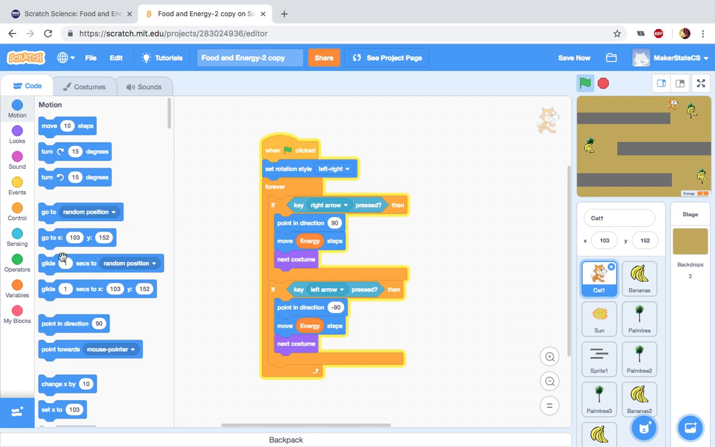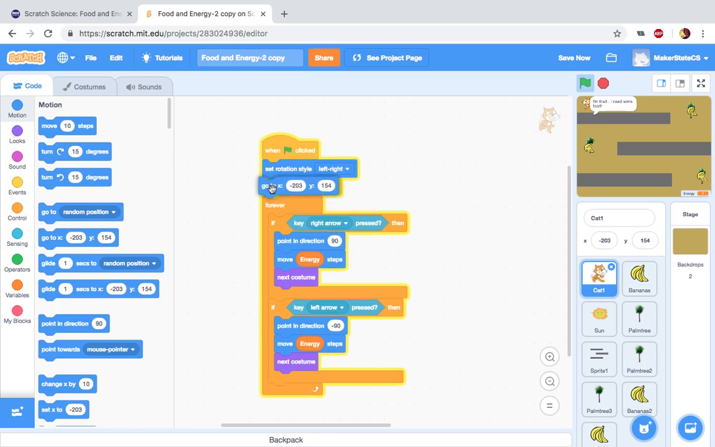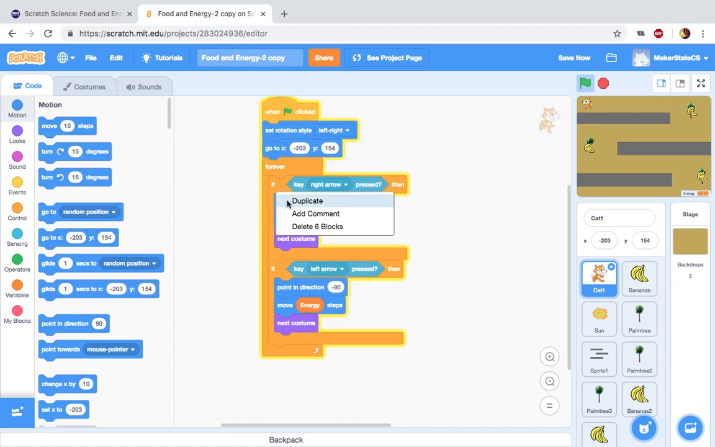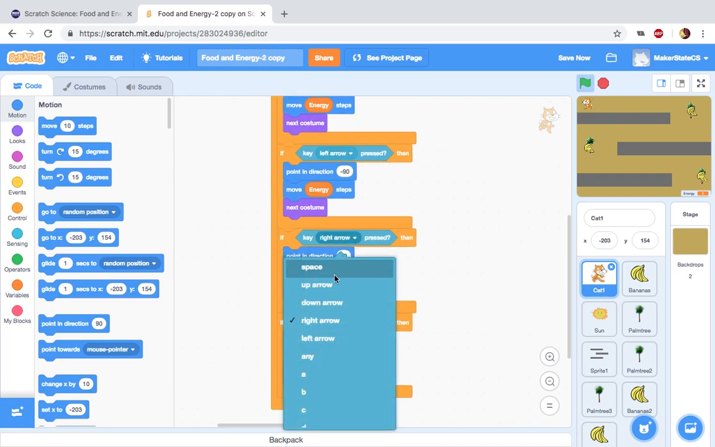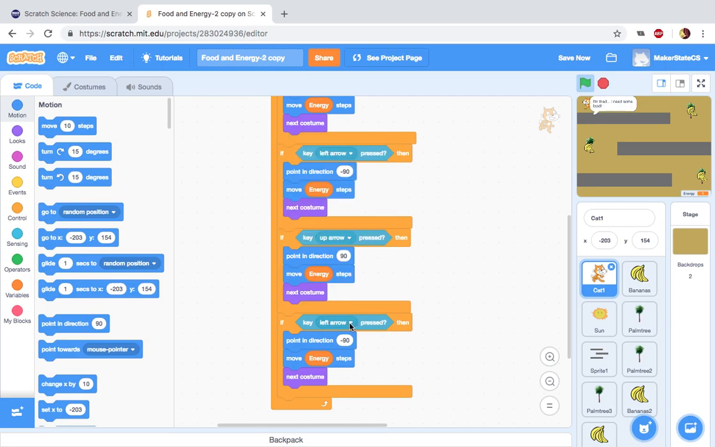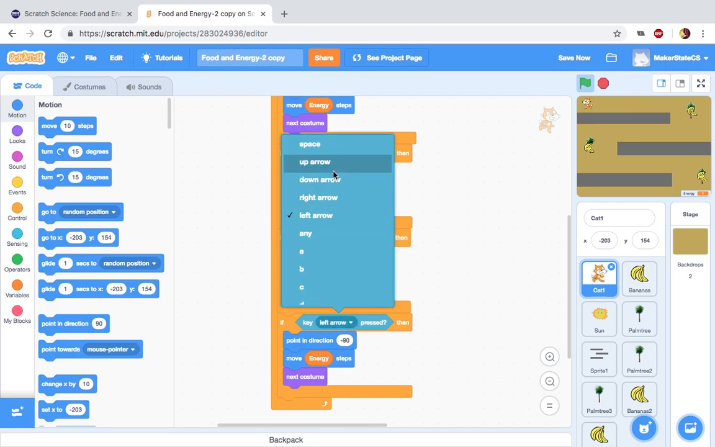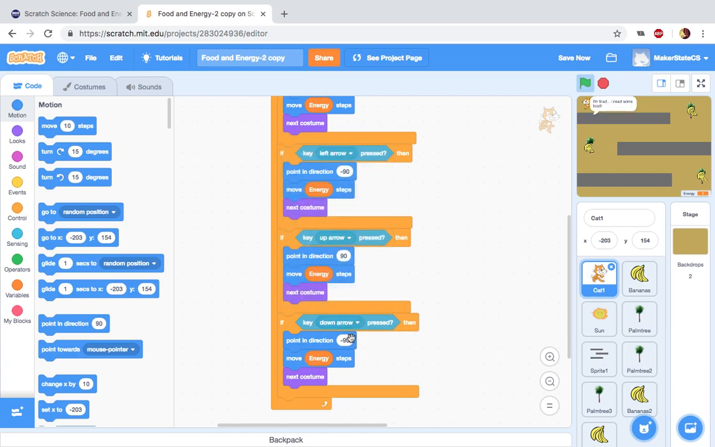First of all, I'm going to place my cat here at the start of the maze, or the start of the level, and use a go-to block to make sure my cat always starts in that position. And then I'm going to pull this up and duplicate some of my code here and just make these last 2 arrows, the up arrow and the down arrow. And I'm going to point in direction 180 for down and